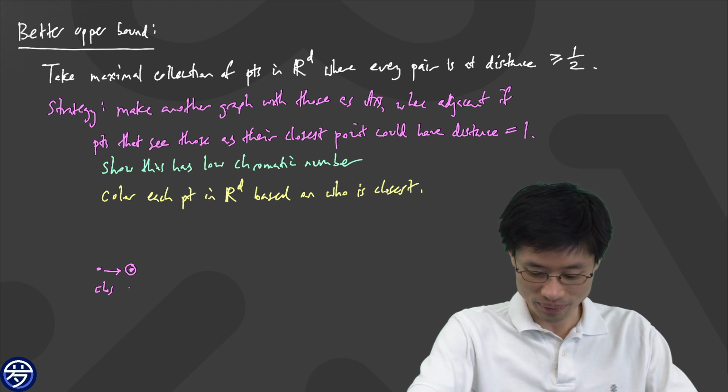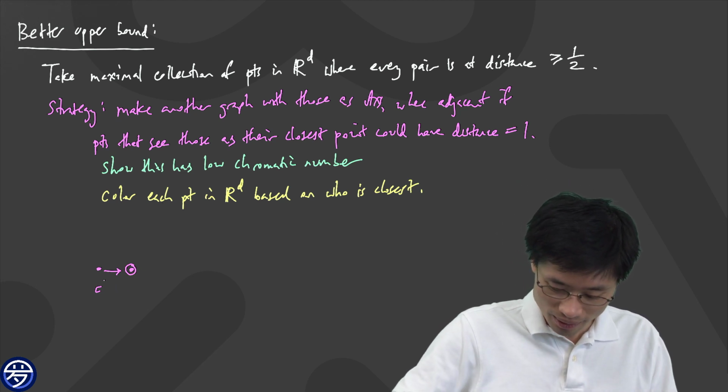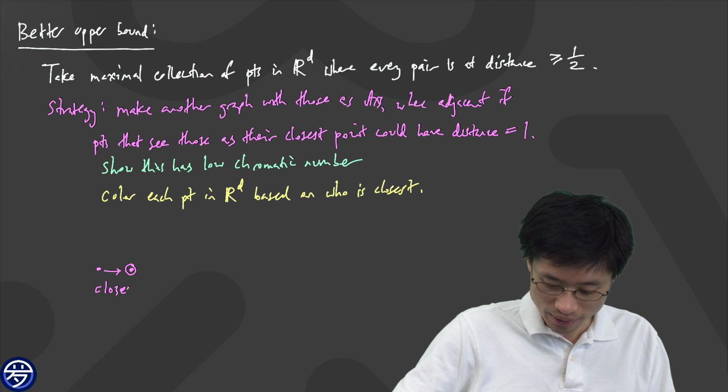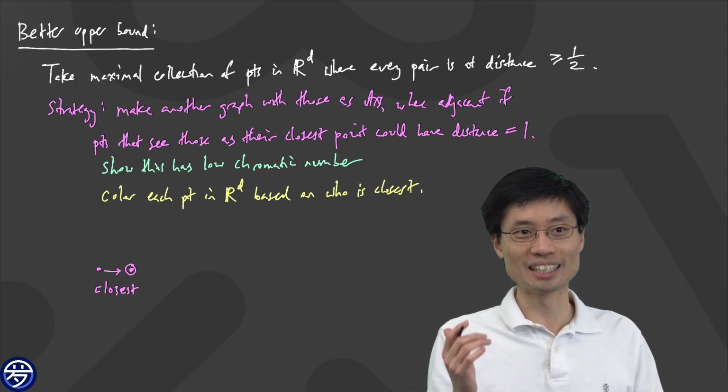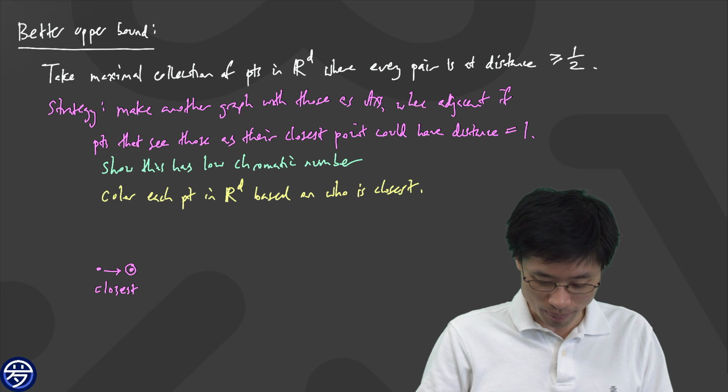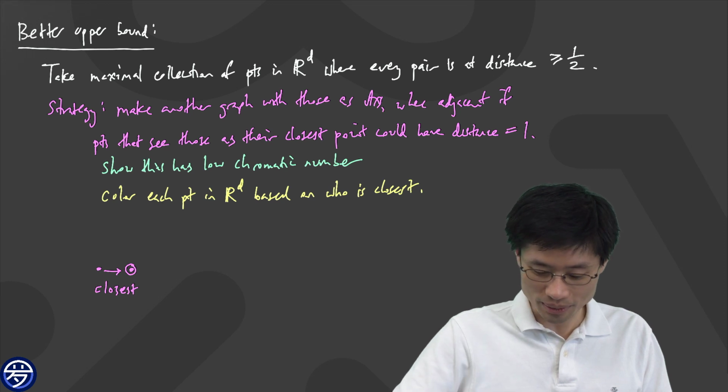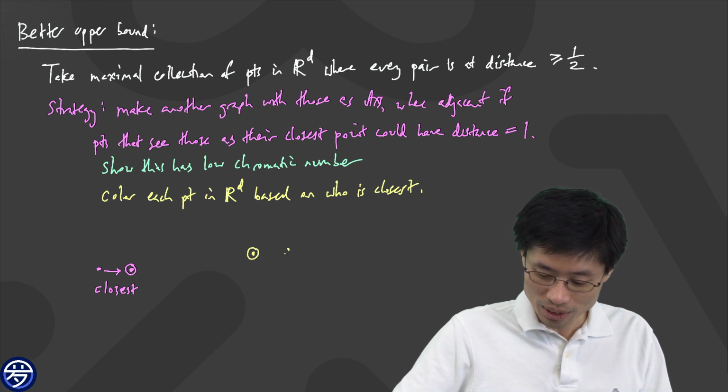That's unreadable. I'm going to write it bigger. This other point thought the circled point was the closest, okay? I need to know who else I need to worry about. Let's draw another one. Here's a yellow. Do I need to worry about this point? Well, I might need to worry about it if there's somebody else who thought it was the closest.